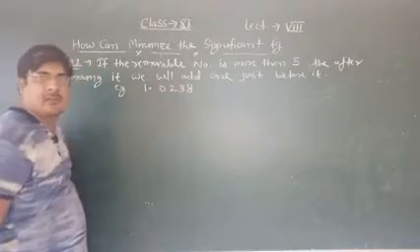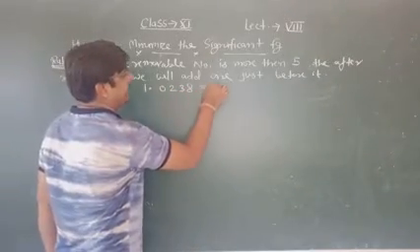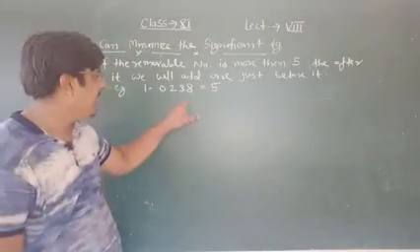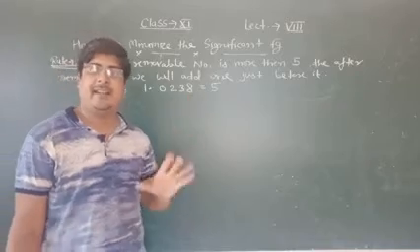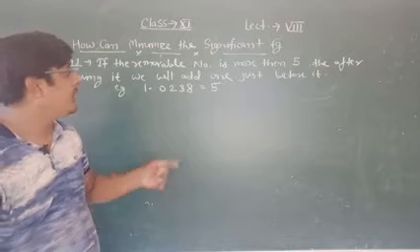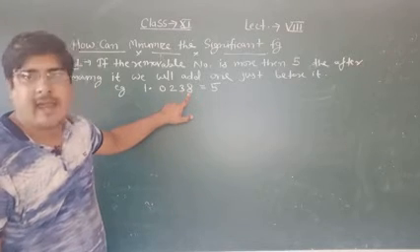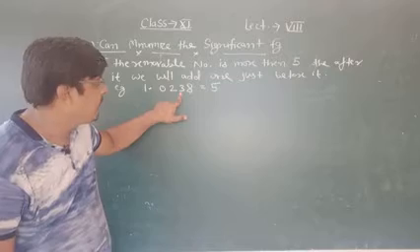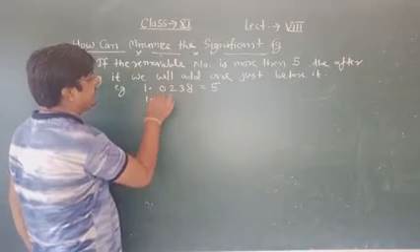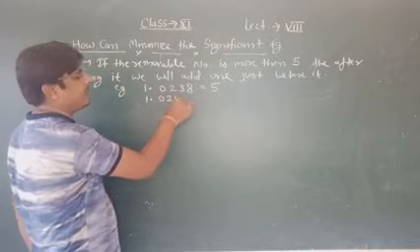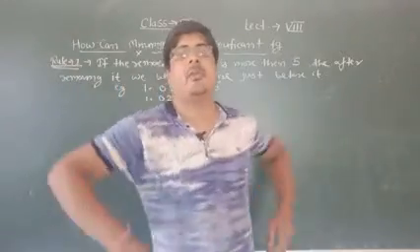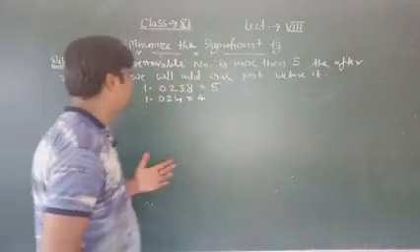1.0238. Here the significant figures are 5. I want to convert it into 4 significant figures, then you will have to remove the 8. And 8 is more than 5. So how can you convert it into 4 significant figures? If you remove the number 8, then you will have to add 1 to the 3. Then your answer will be 1.024, and here the significant figures are 4. That will be the answer for this, okay? So this is the first rule.